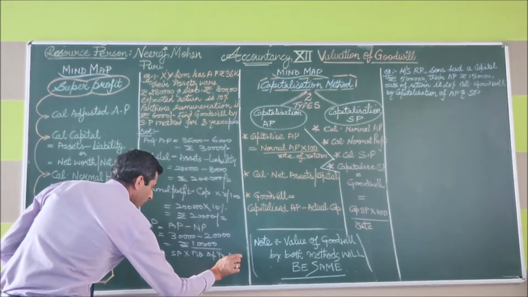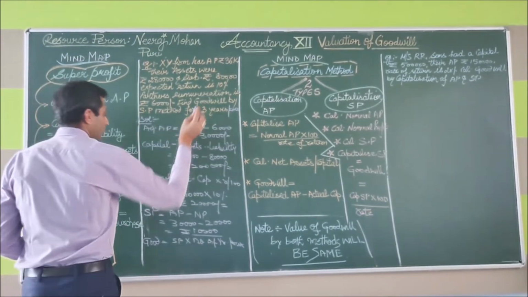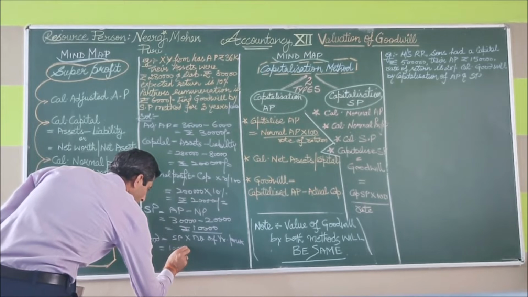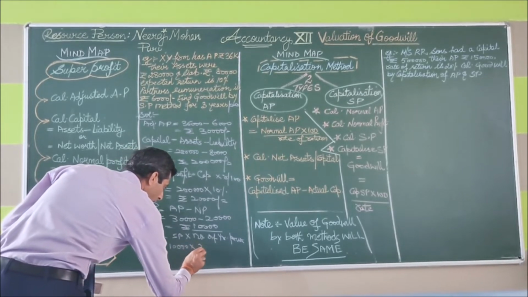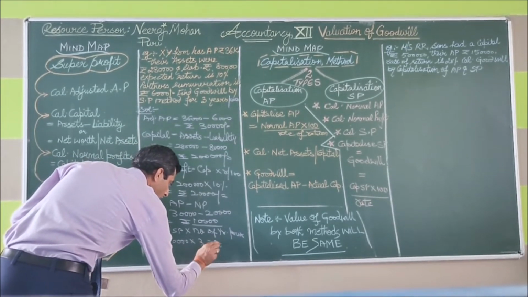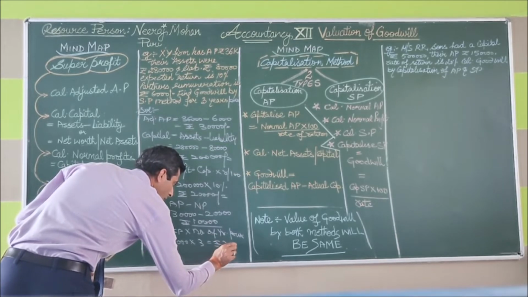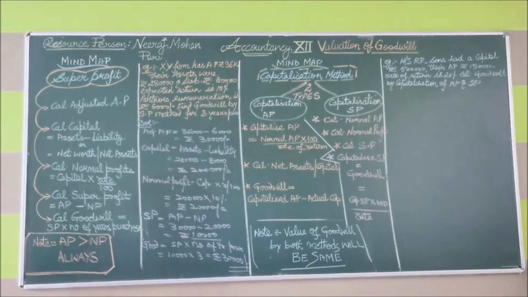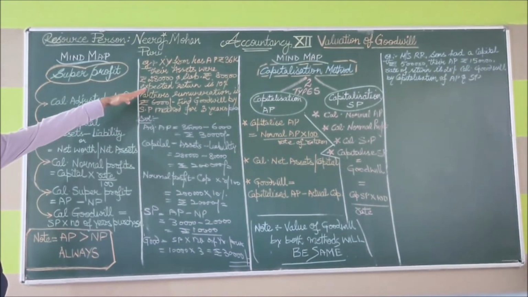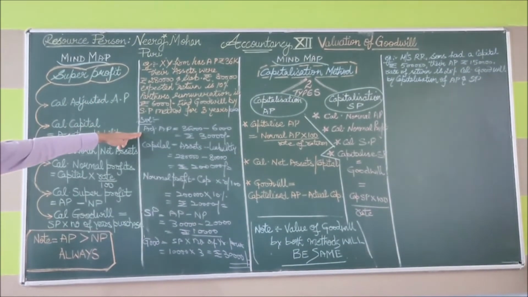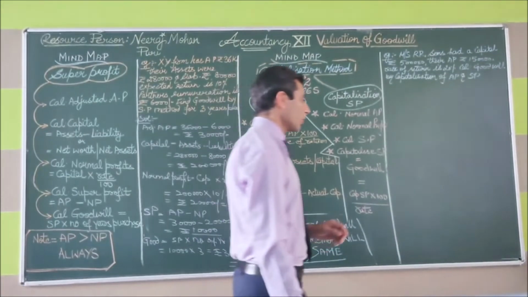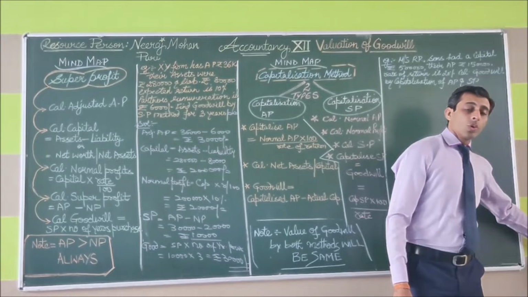Number of years of purchase in this question is given as 3 years. Super profit is 10,000. So 10,000 multiplied by 3 gives the value rupees 30,000. This is the final answer for goodwill, and this is how we find the value of goodwill. There are 1, 2, 3, 4 and 5 steps to arrive at the calculation of value of goodwill using